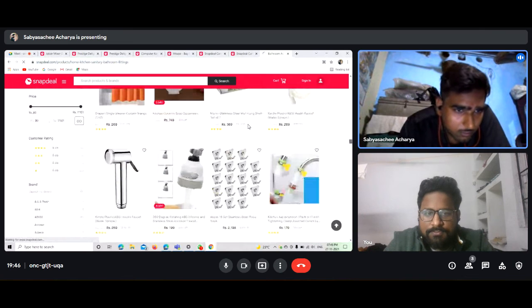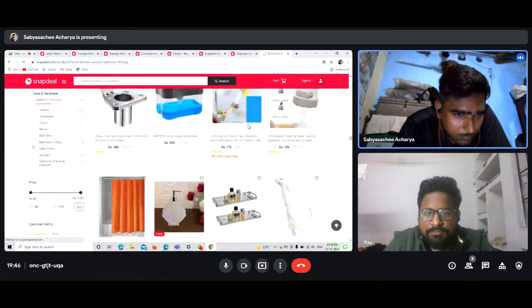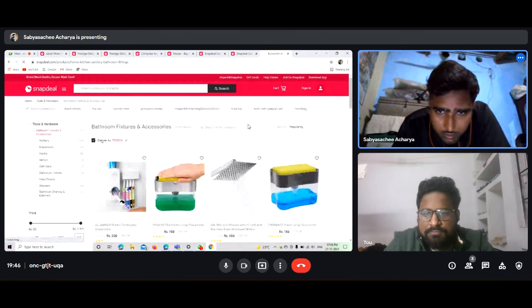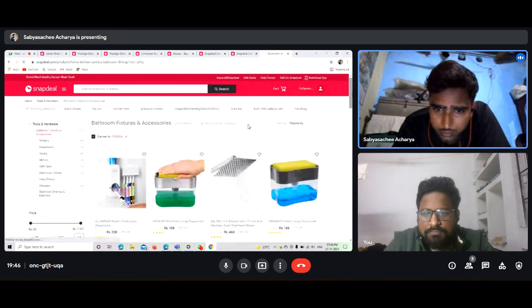I don't think there is anything. Bathroom shelves, cabinet, hardware, work sets, disposal, mortars. I have selected tools, but